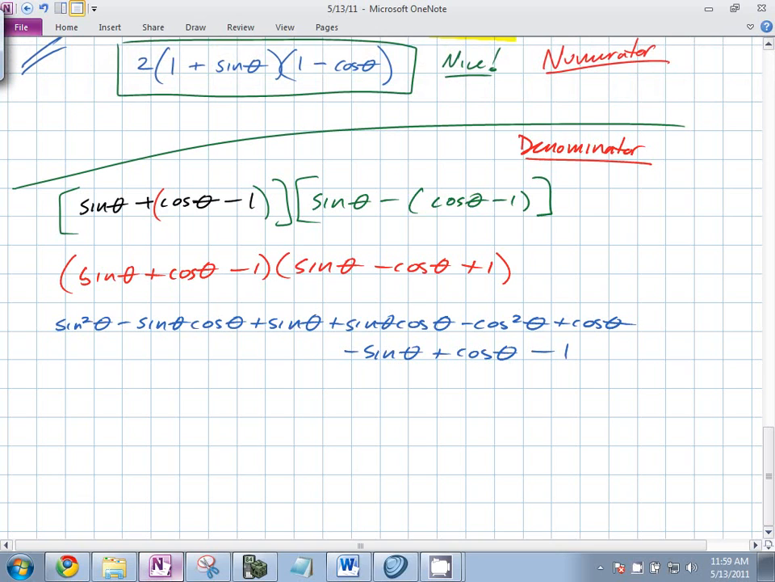We're close here. Look, is that really nice? That's great, that gets out of there, right? Look, the sine theta and the sine theta, right? So what are we left with? Sine squared theta minus